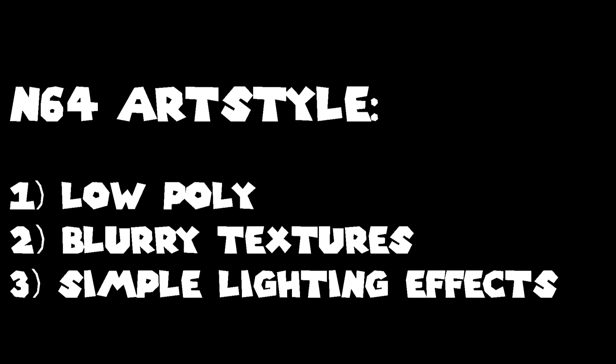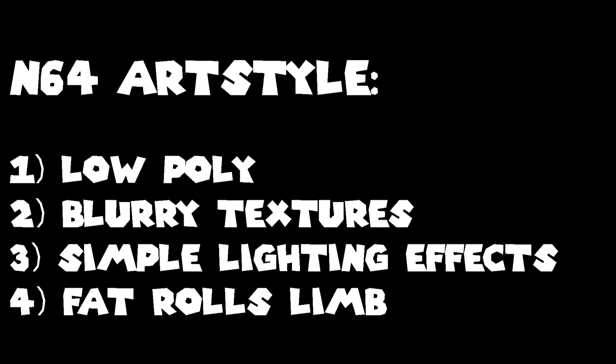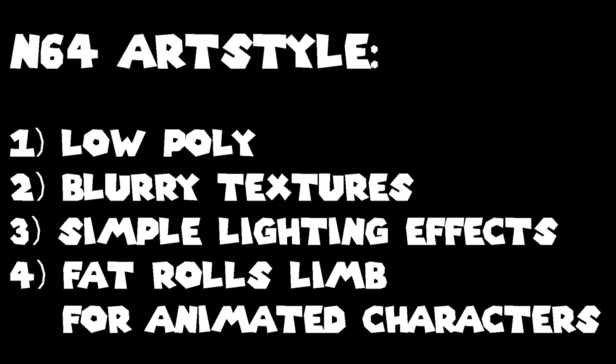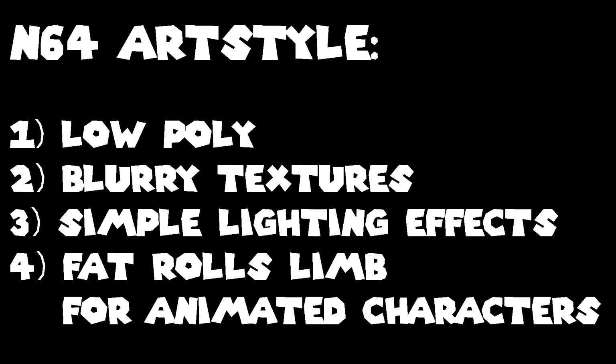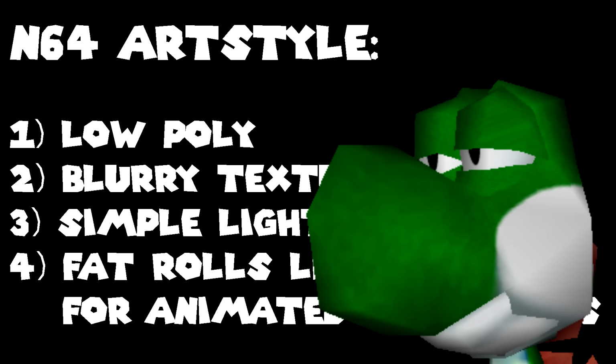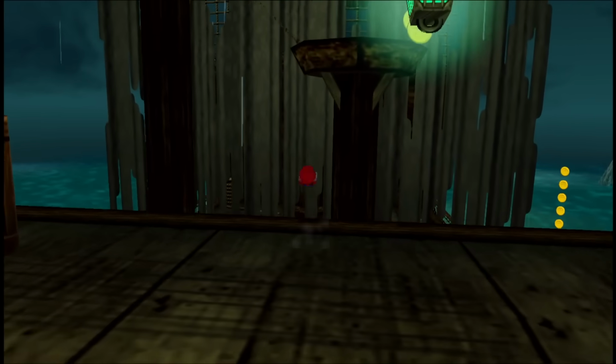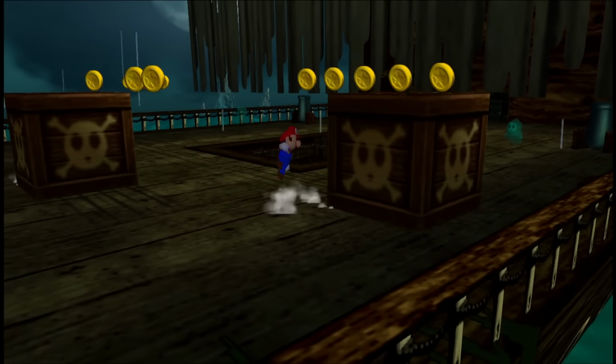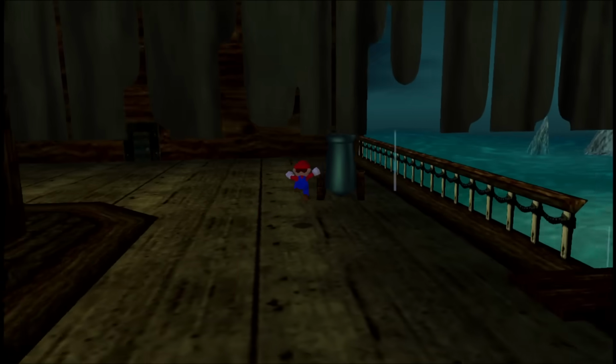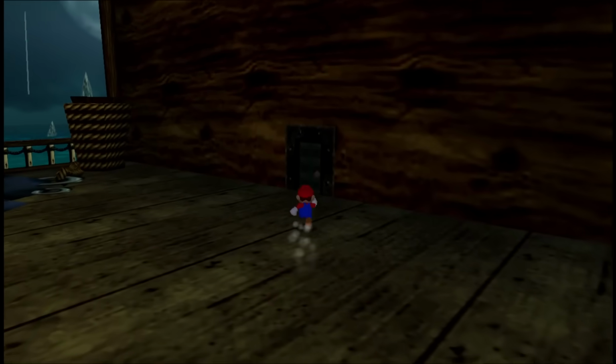in the day. The most significant factors of this aesthetic are its low polygon count, the blurry textures, the simple lighting effects, and the way animated characters have these interlocking fat rolls for limbs. Now, there are very good reasons for some of these, but not all 4 of these aspects have to be present on the N64. I've been programming for the N64 for 4 years now, and I will explain how limitations affected this art style and how some techniques were overlooked that could have been used to get around some of